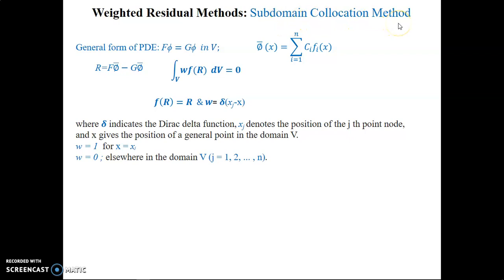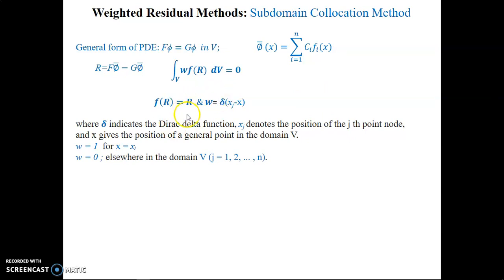Subdomain collocation method is another variant of the point collocation method, or you can say the extension of the point collocation method. Most of the things are the same in the subdomain and point collocation methods, meaning that the partial differential equation defined over the domain will be the same. How we approximate the primary field variable in terms of the coefficients and trial functions will remain the same. The number of collocation points remains the same. The method through which we find the residue will be the same. In fact, the function of residue is itself the residue, and the weights are defined in similar manners. Only the difference occurs in the solution technique.